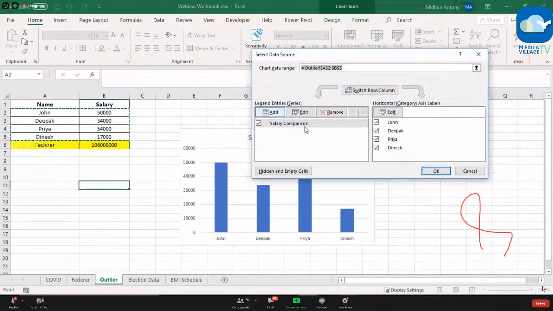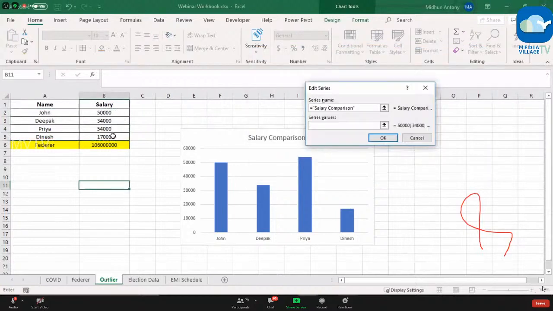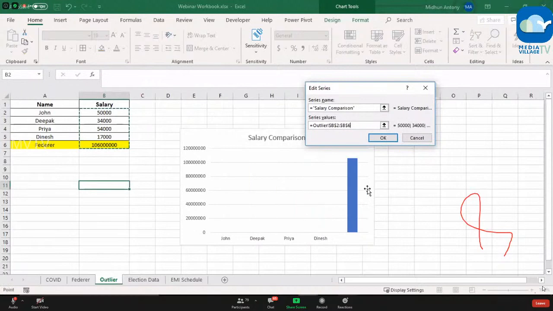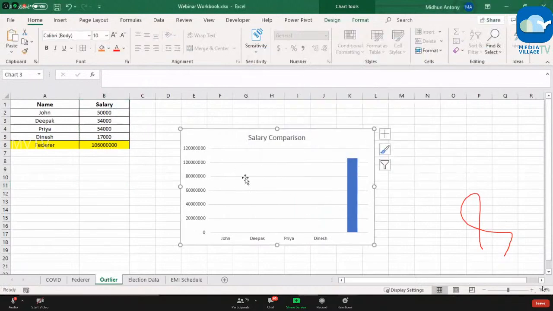And add a Federer to the list. Look what this person has done to our chart. Now his salary is so huge, so top of the